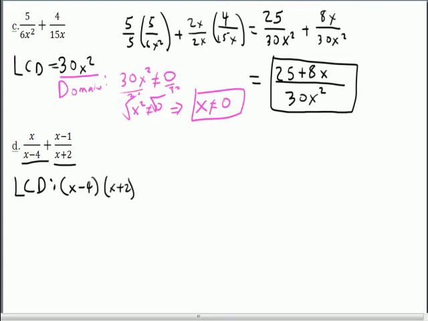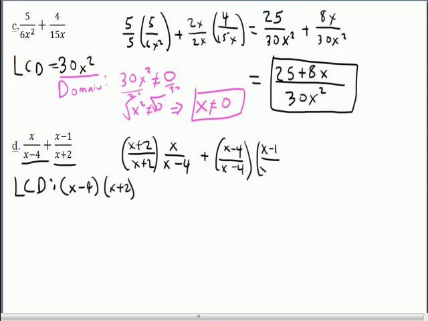So the first rational expression needs to be multiplied by (x plus 2) over (x plus 2) to give us that least common denominator. The second rational expression needs to be multiplied by (x minus 4) over (x minus 4) for this to work out correctly,